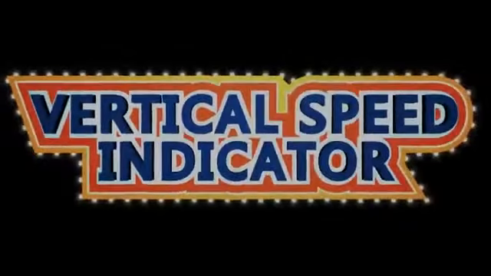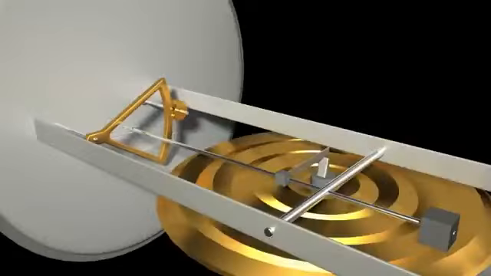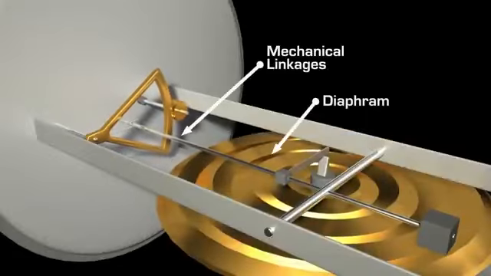Vertical speed indicator. Another instrument that uses only the information from the static port is the vertical speed indicator, more commonly called the VSI. The VSI measures the vertical speed of the aircraft in terms of feet per minute. This is accomplished by comparing the current pressure of the air with the pressure of the air from a few seconds ago. Inside the VSI is a diaphragm connected to some mechanical linkages that move the needles on the face